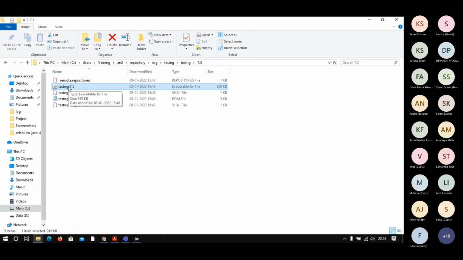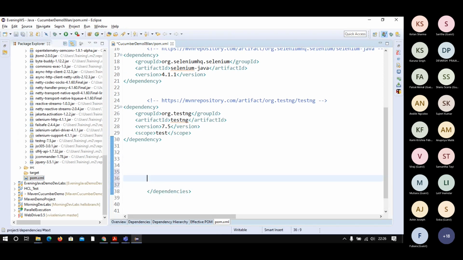Okay, so this will be added, and there is another pom.xml file that comes with this library, which gives other information as well. Means for a particular library, if other libraries need to be downloaded, that information is kept under this one. So now Selenium and TestNG are ready, but I need to make it ready for the